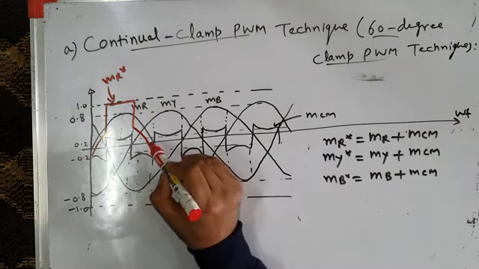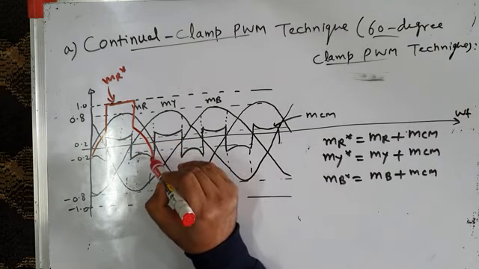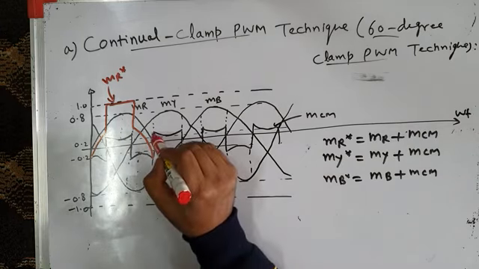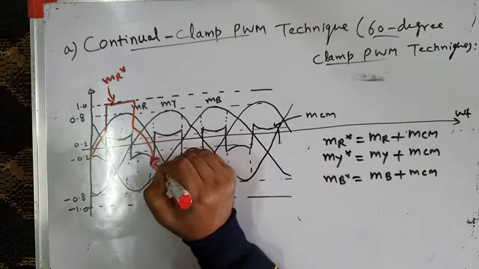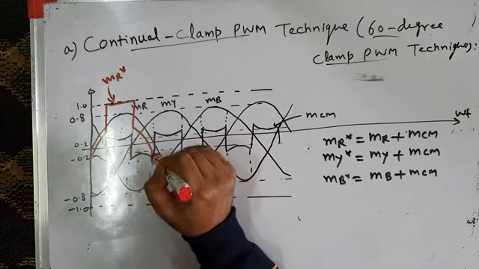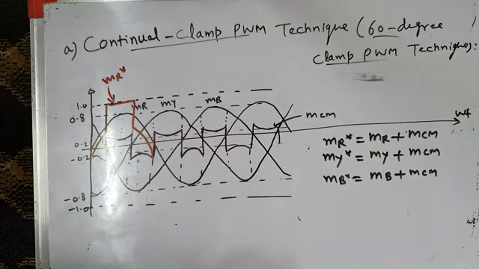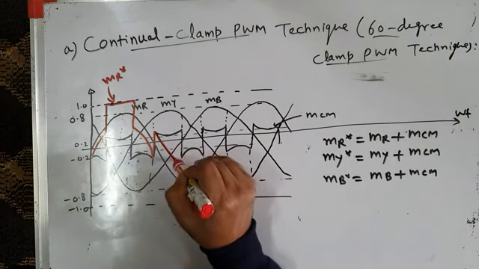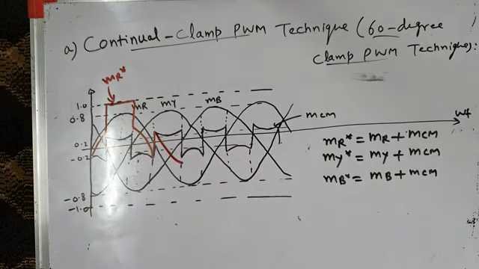Okay, because at this point, what is MR? MR is 0 and MCM is minus, maybe 0.25, something like this. So 0 minus this is 0. Okay, and at this instant of time itself, your MCM jumps from minus 0.25 to plus 0.25, so this will also jump because MR is 0 here. Okay, so this will also jump, and then it will come down like this. It will come down and it will come to this point.